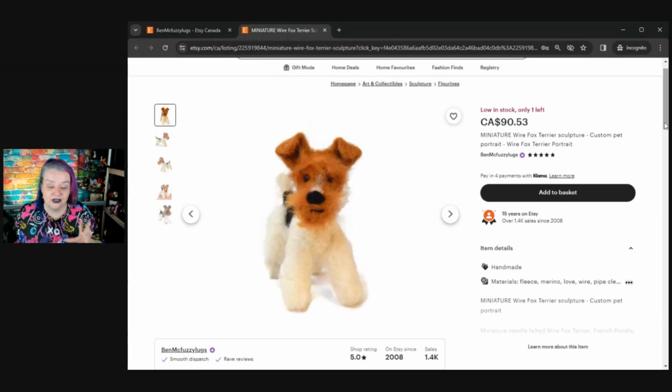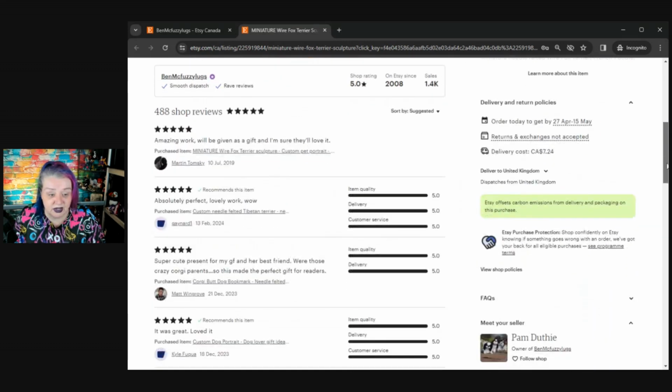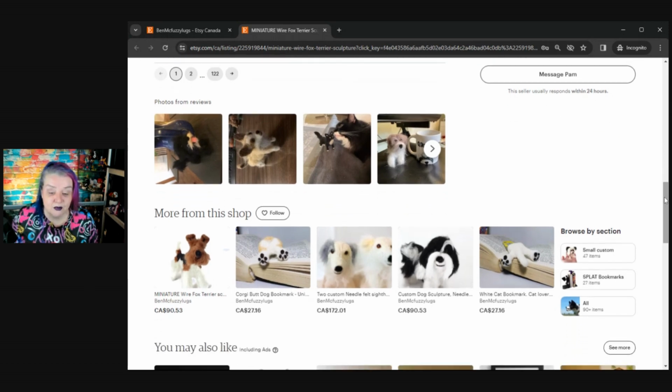So I was thinking a few little things. Like, firstly, what does Etsy know what your item is? That's a really cool thing to know. And then it popped into my mind. I was like, oh, you've got all these details down below your listing. So let's see. First of all, photos from reviews. It's cute to get photos from customers. I know some people don't like it. I really love it. And then you've got more from this shop. So I'm just thinking,